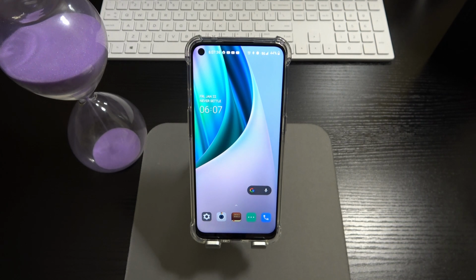And I gotta say, you can never pay too much attention to what you hear. What you talking about, Pristine? I'm so glad y'all asked. I watched a few videos on this device before I picked it up, and a lot of people slammed this phone. A lot of people had negative things to say about this phone